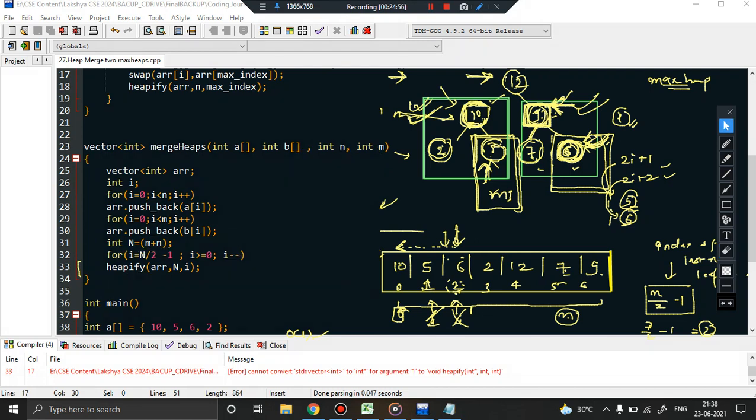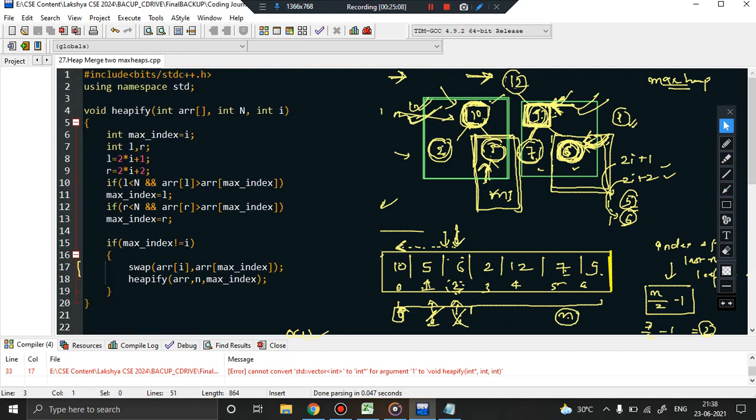So line number 33, you can see we are passing ARR, and ARR we have declared here as a vector array, but in the function heapify we are receiving it as an integer array, right? Normal array, not a vector array. So this definition should be basically vector int and array, right? This is fine. Sorry.